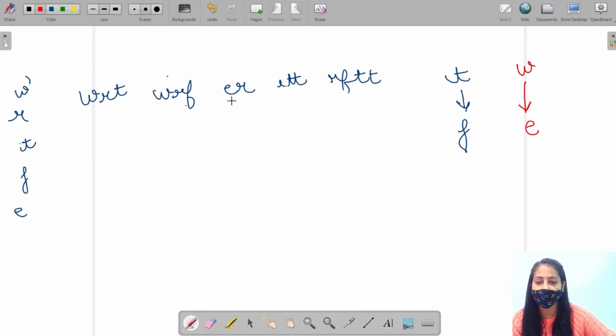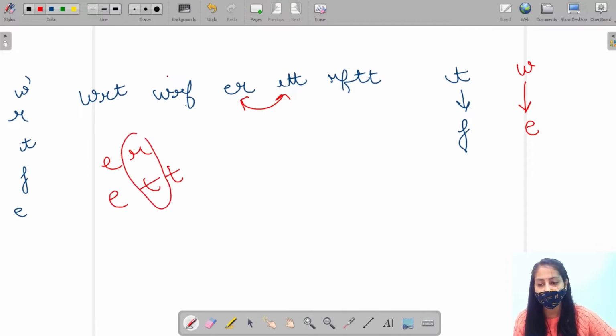Next, I will compare the next two words, ER and ETT. Now the first mismatch characters are R and T. Now this word is before this. This will tell me that the preference of R is more than T in the lexicographical order.